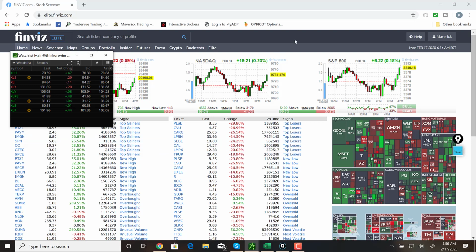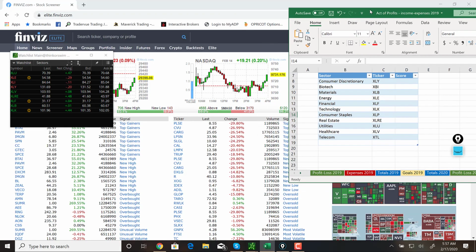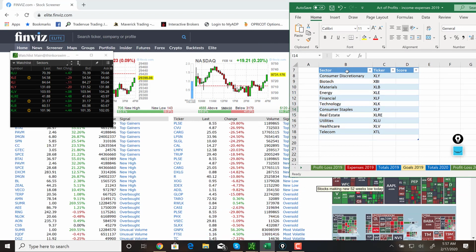So ideally what we're doing here is we're in a strong market, we want to find the strongest sectors, and now we want to find the strongest stocks in those sectors. And I also have this little spreadsheet, and what I do is I score each sector from a -3 to a +3 based on their moving averages in the direction of the price action. And that's how we'll determine which sector is the strongest. So let's go to